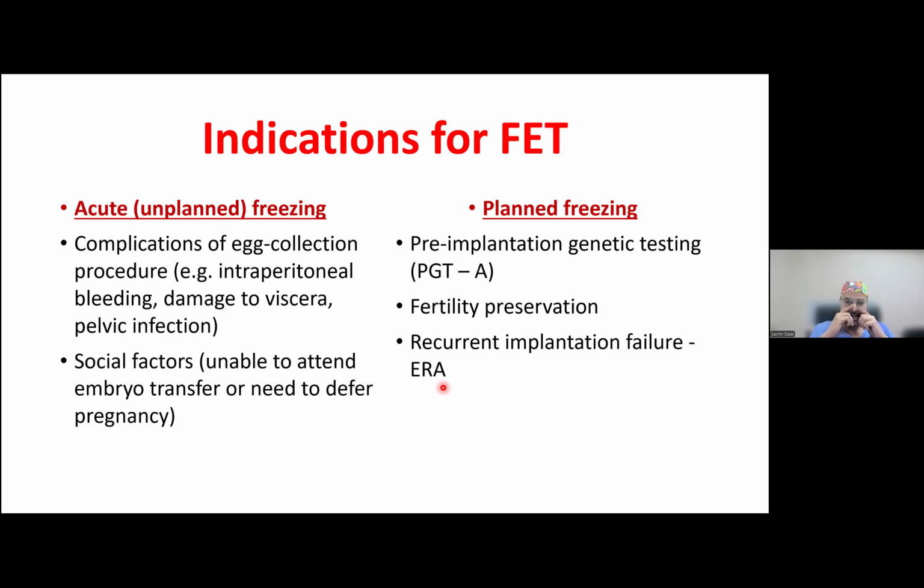So, a few points about ERA. What is ERA? ERA stands for endometrial receptivity array. When you have a patient with recurrent implantation failure, there is something we call the window of implantation. That is the peak time when the embryo, when transferred, gives a pregnancy. So, in some women, especially at the extremes of ages, obese women, PCO women, there have been cases where this window of implantation is altered. And so, in such cases, you might want to do ERA testing.